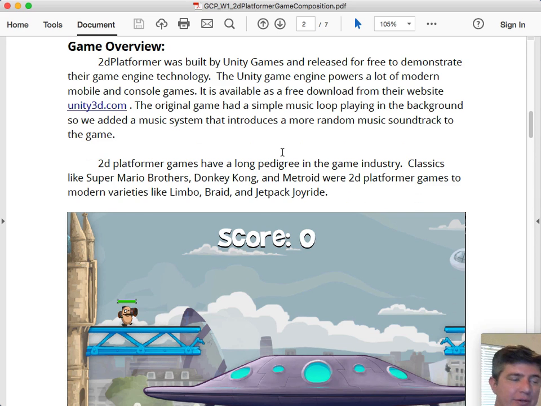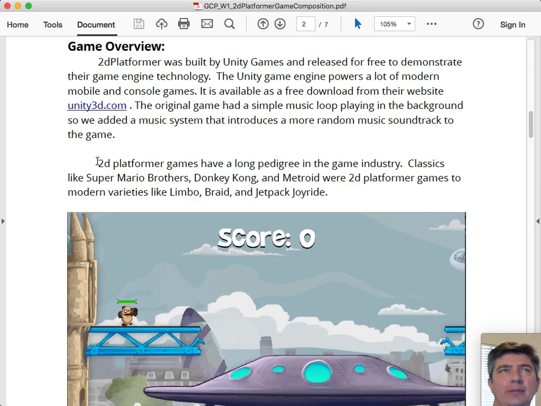So there's nothing stopping you from downloading them and checking them out, getting access to other game projects that you can tear apart and put your own music into, and expand your portfolio and your demo reel. Just get as much content as possible.